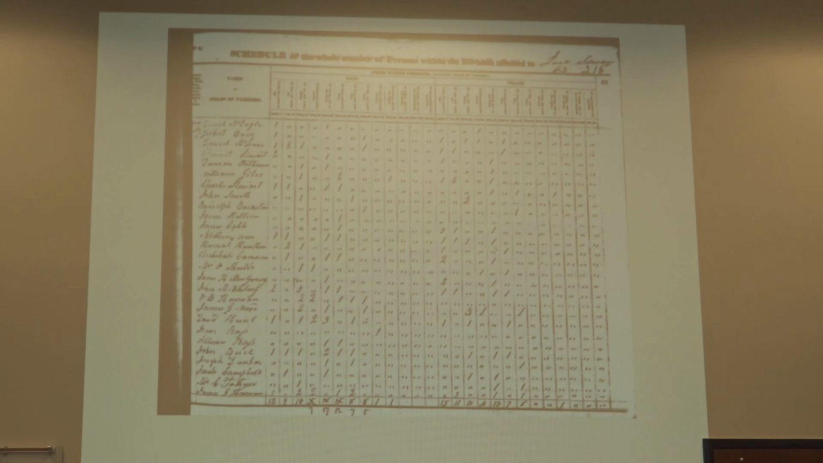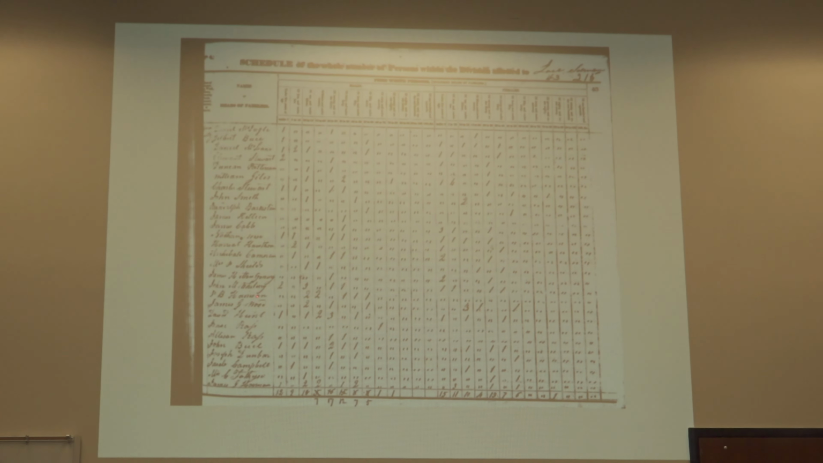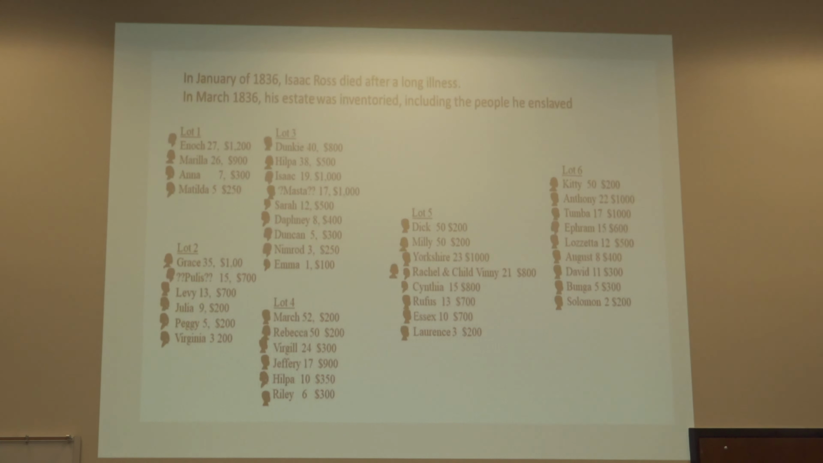So this is the actual census, and it tells you, let me find Isaac Ross, there he is, right there. And he only has one person in the household, that's him. And everyone else in his household is going to be his enslaved people. So after he died,